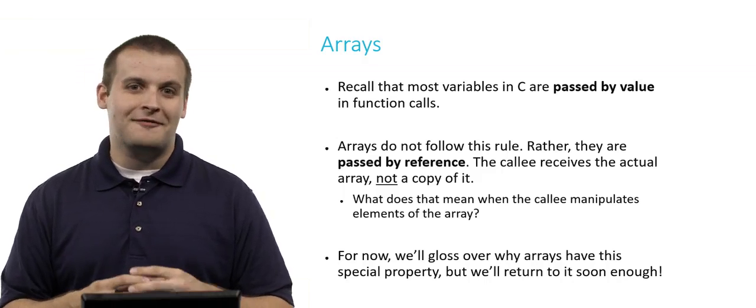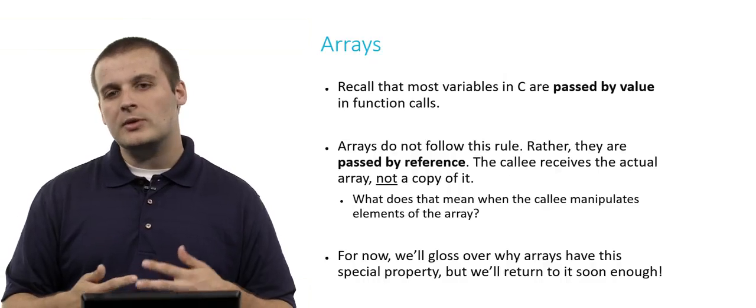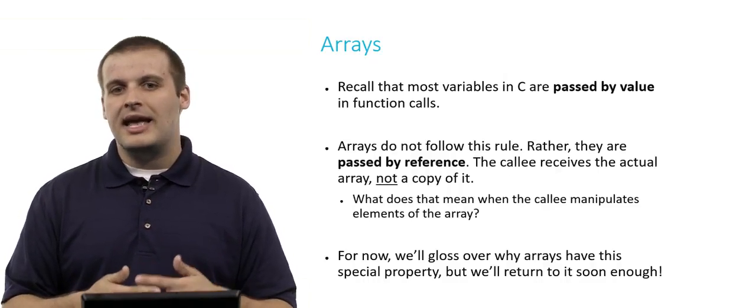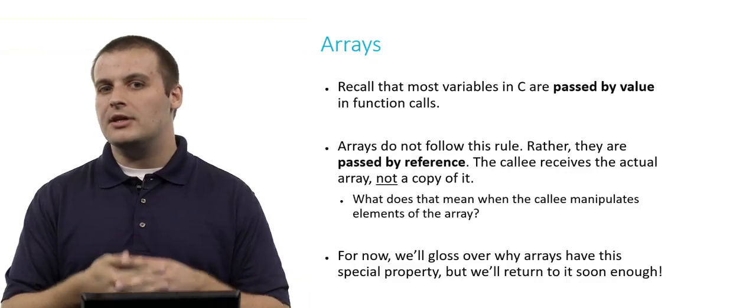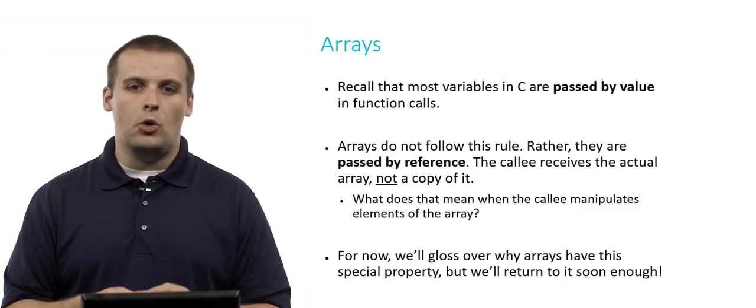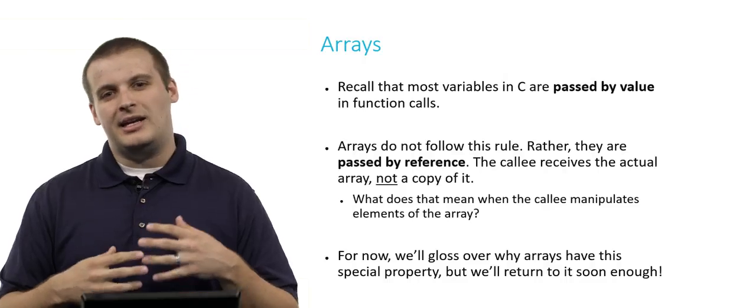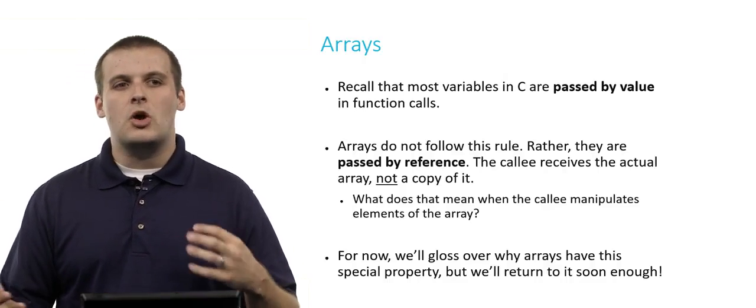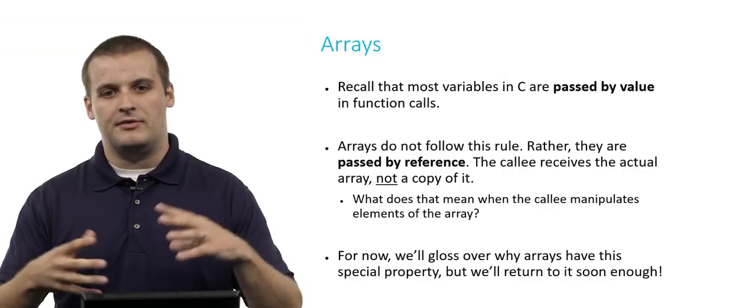Arrays, of course, do not follow this rule. Rather, what we call this is passing by reference. The callee actually does receive the array. It does not receive its own local copy of it. And if you think about it, this kind of makes sense. If arrays are really large, it takes so much time and effort to make a copy of an array of